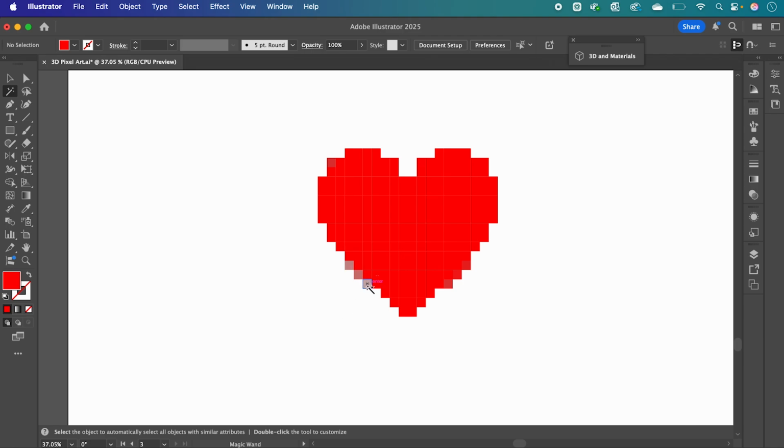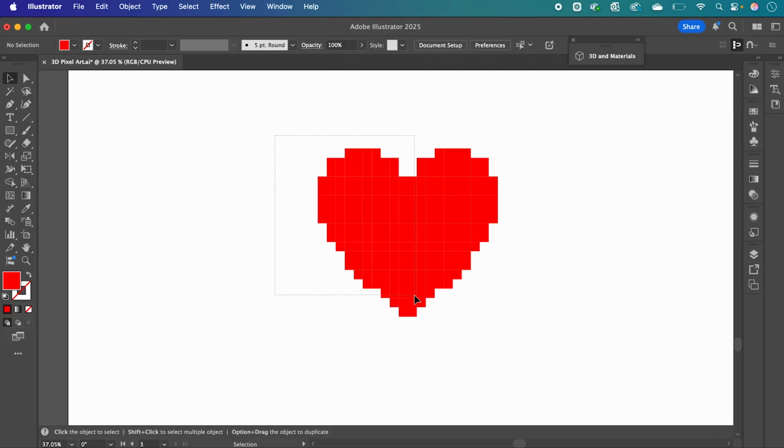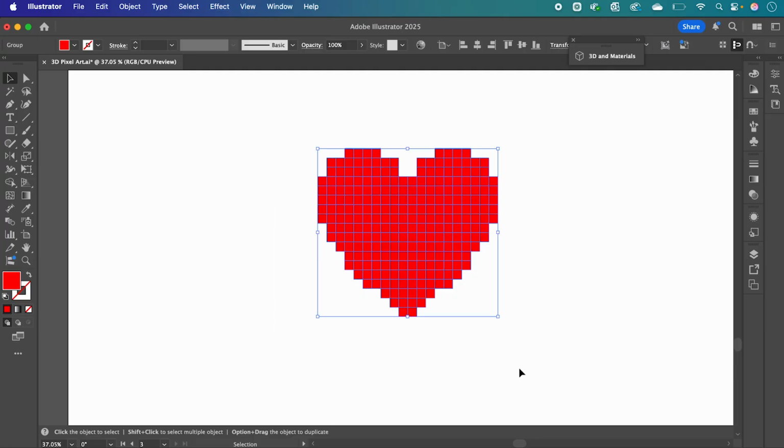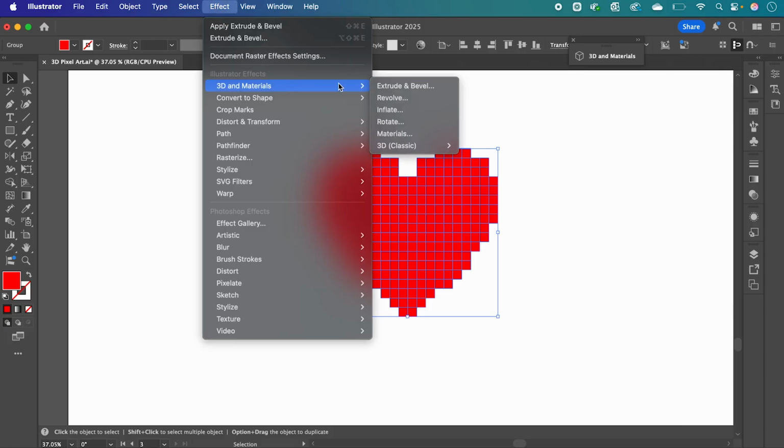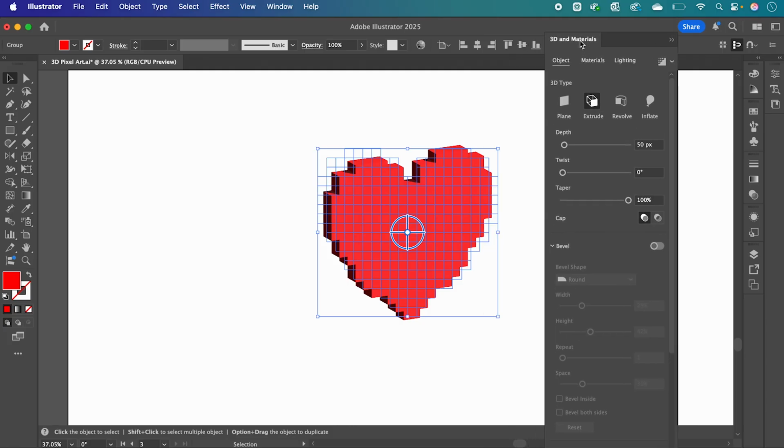And you can see we also have some of these that aren't quite the same red. So we can just select all of our heart, and then with the eyedropper tool, swatch the red that we want. And now all of our tiles are red. So with our heart selected, we can go up to Effect, 3D Materials, Extrude and Bevel. Again, following the same steps, going to adjust the depth,